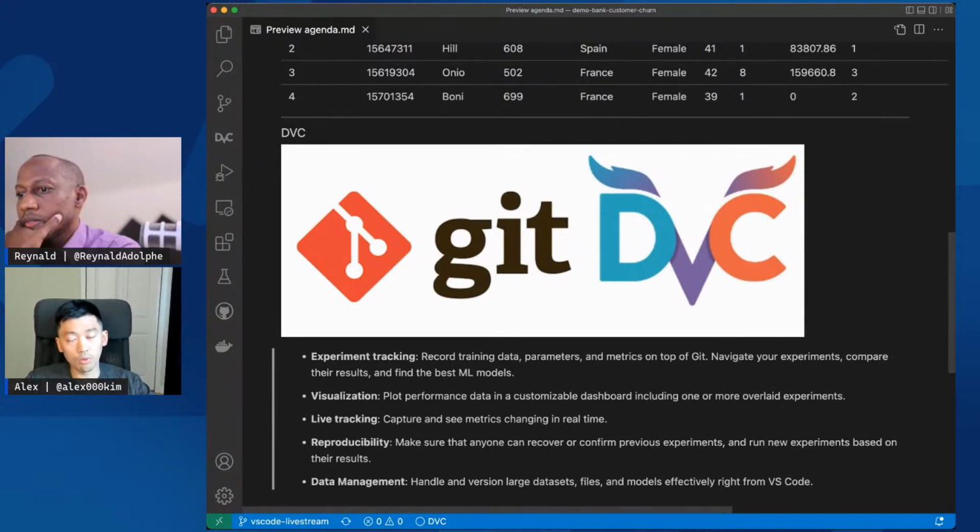You use Git to version your code, obviously, but DVC integrates very tightly with Git so that it allows you to version your data sets as well. And that allows you complete reproducibility for your machine learning experiments. So if you run some experiments and train some models today, you can return to the exact same experiments weeks or months from now and get the exact same results.